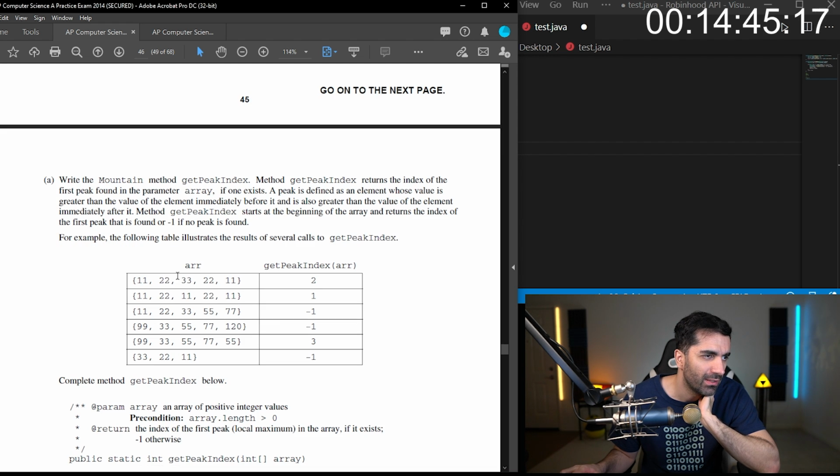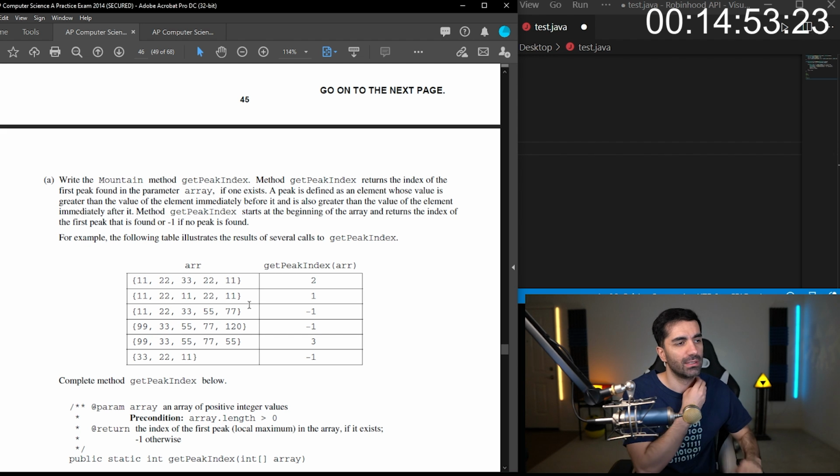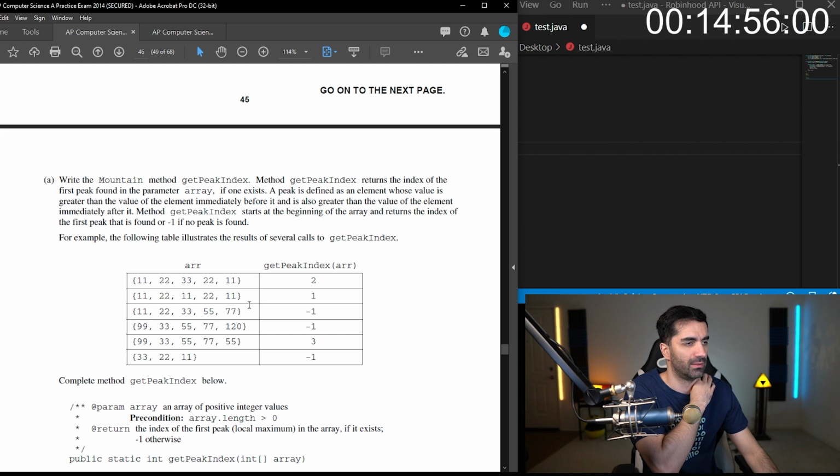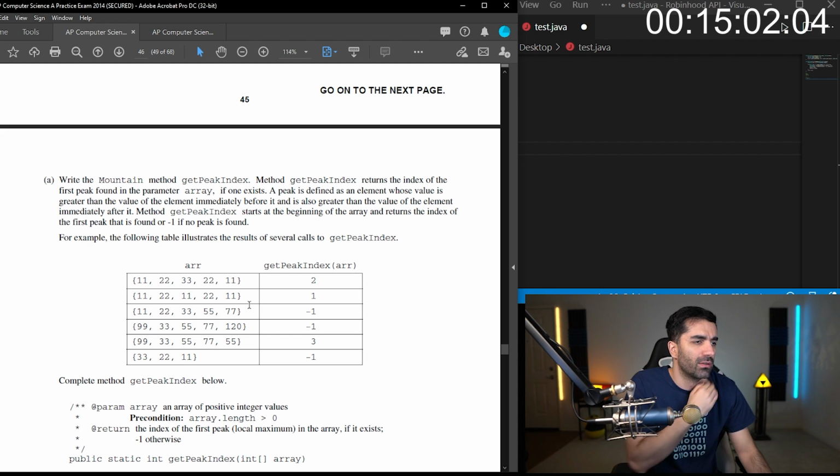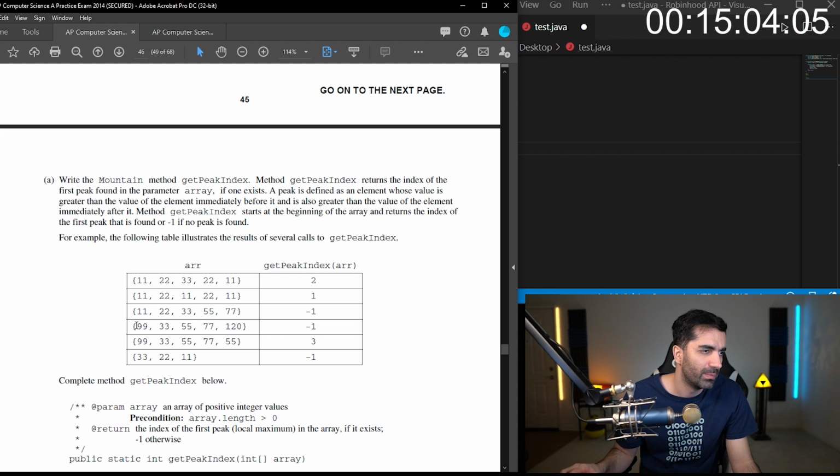Okay, so we have 11. Okay. So the peak would be there. For this one, there is no peak because it's always increasing. So as soon as we see something, okay, so if the first element is bigger and then it goes down, I guess this wouldn't be a peak.